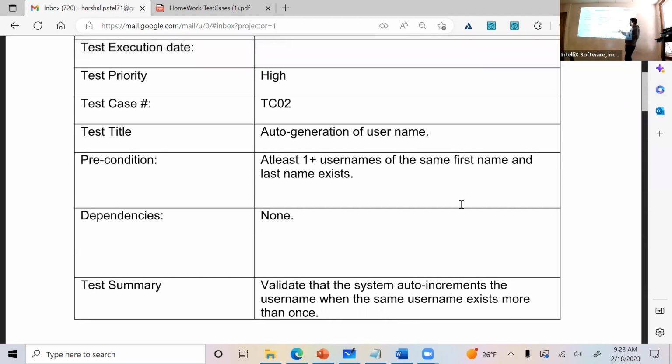The test summary is: validate that the system auto increments the username when the same username exists more than once. Okay, so here's the other thing you need to do. A subtlety of the words, right? Auto increments the username, or that's again, what exists in the system? Same first name and last name exist, right? And it auto increments